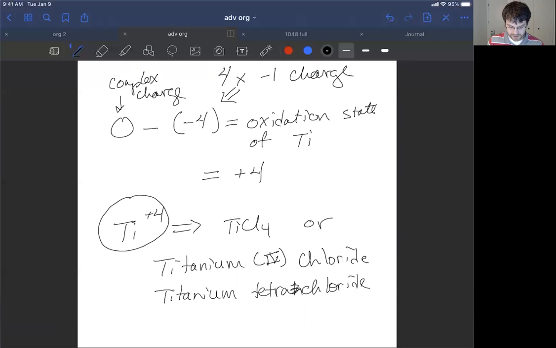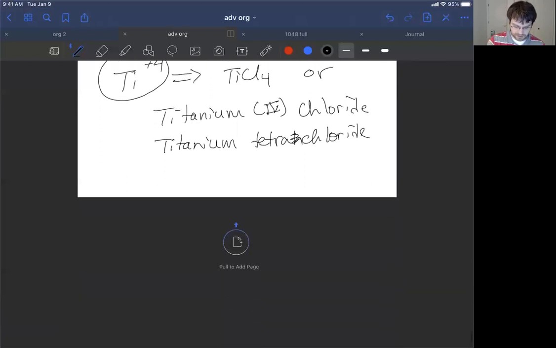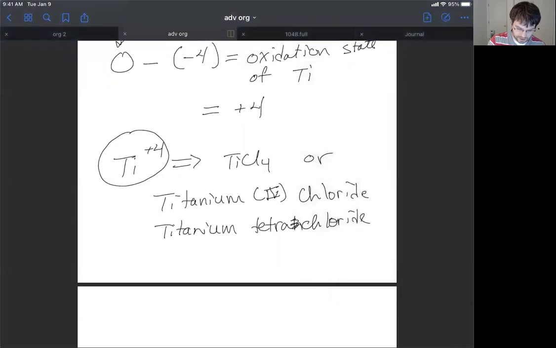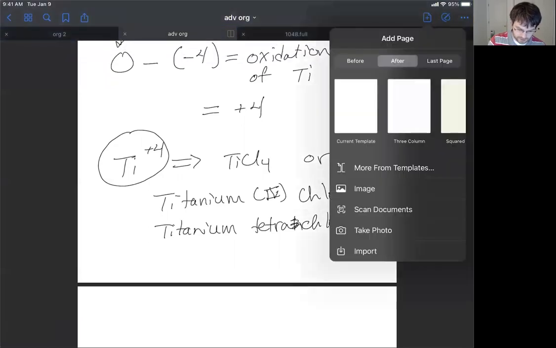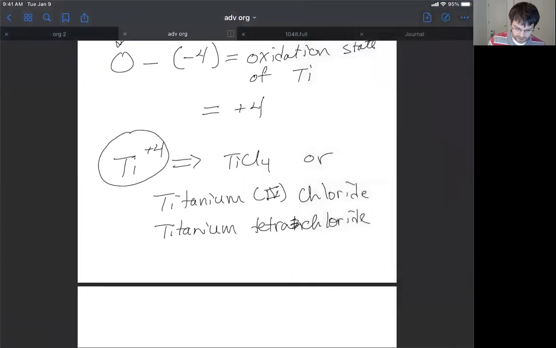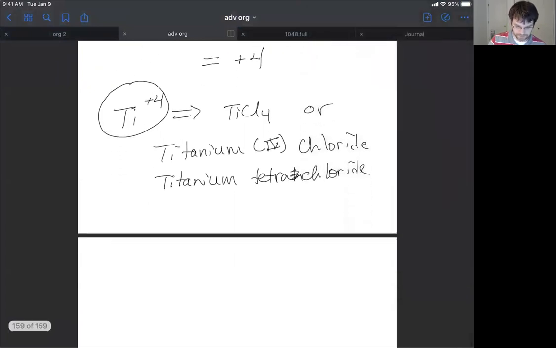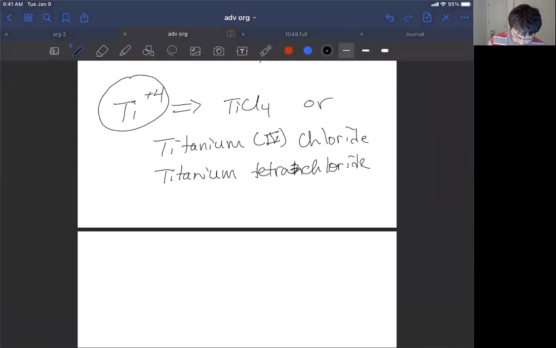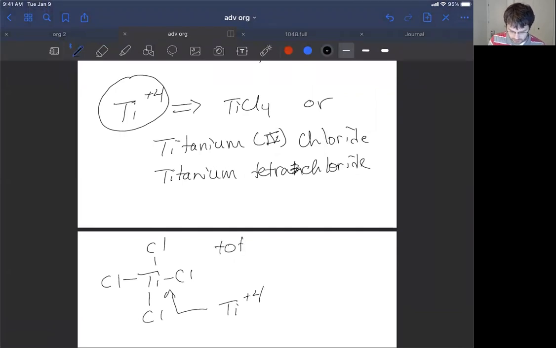Okay, anyway, so that's titanium tetrachloride. And what we've done is we've said that in the complex titanium tetrachloride, sorry, I have to make a new page. In the complex titanium tetrachloride, we have a titanium 4 element. We could say it this way: titanium tetrachloride has a titanium +4 as the oxidation state. The total electron count